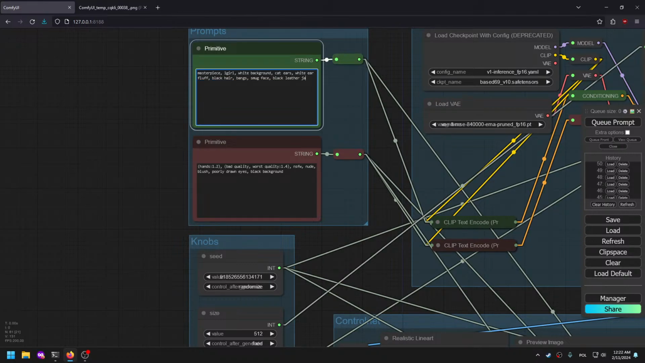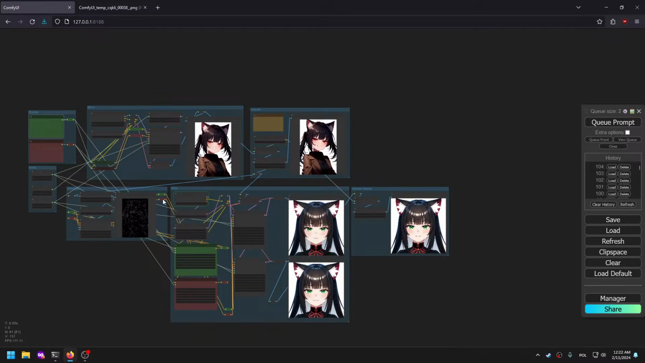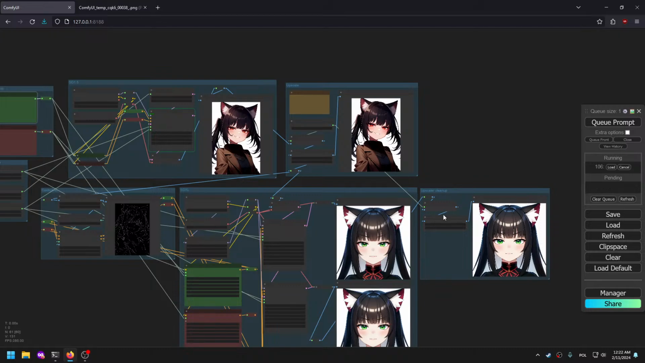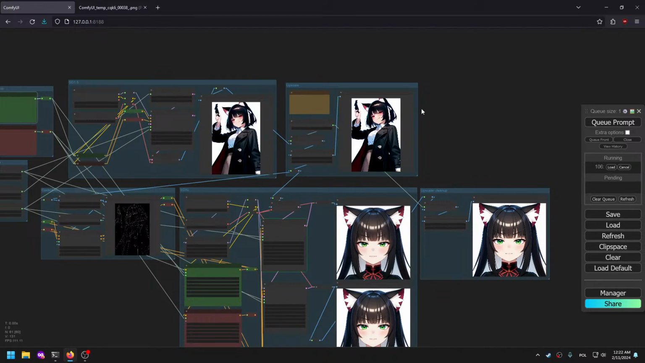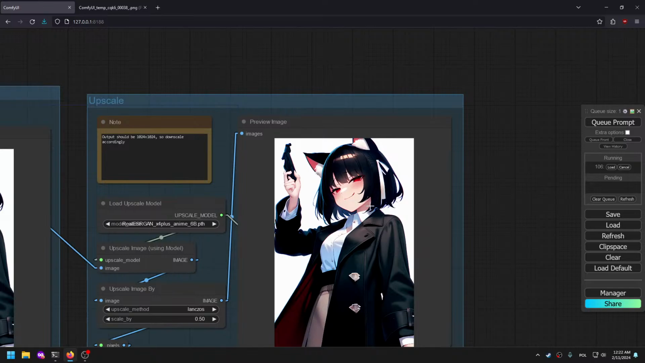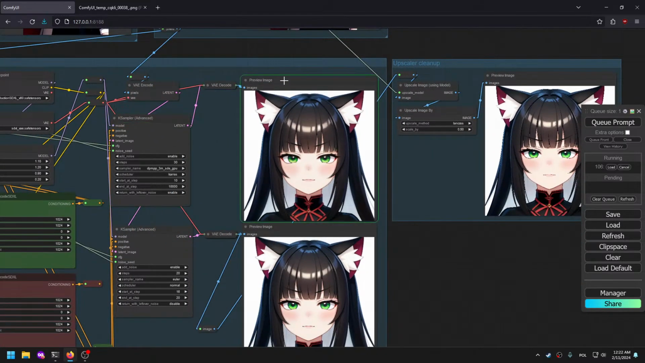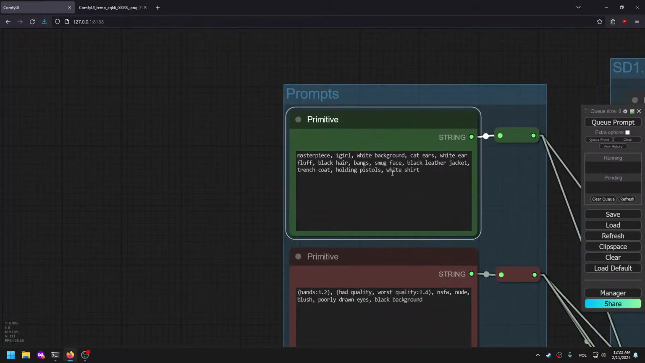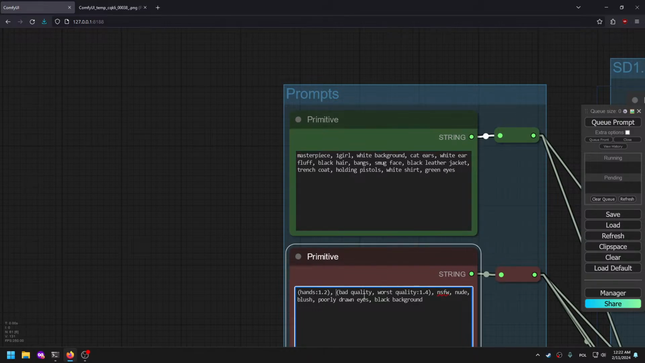Black. Yeah, let me do this. Holding pistols. And technically speaking, if you look at the queue, you can cancel the running one and it's going to generate the next one. This is also nice if you change the prompt, you know. Do I have green eyes? And also,